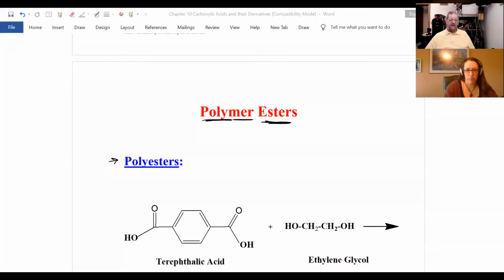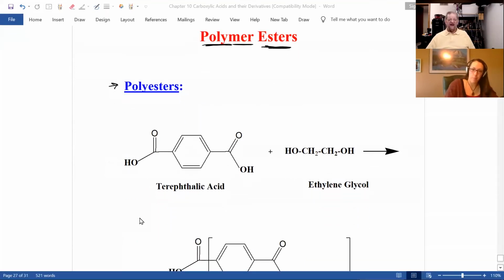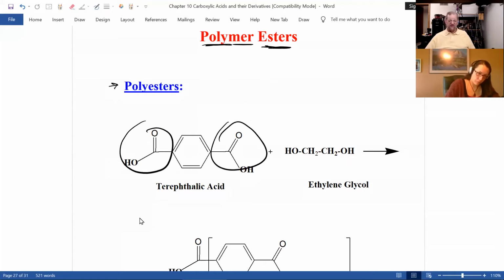Anyways, let's talk about polyesters. If we look at the screen, you'll see terephthalic acid has not one, but two carboxylic acids. Again, the slide switches off, but I want you to learn something. Here we have ethylene glycol. You learned it has not one, but two alcohols.